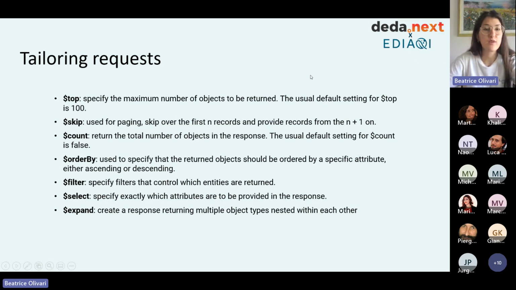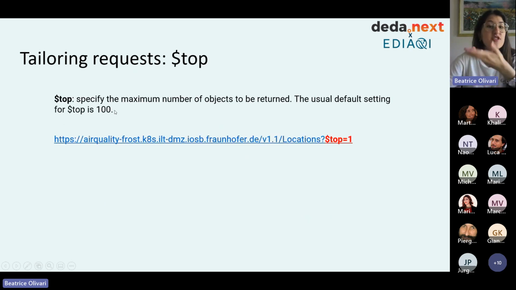Then this is what Luca was showing. These are some simple functions that can be used to make more customized requests. I think you can easily understand what some of these mean. For instance, top means that we only take the top n elements of the list.